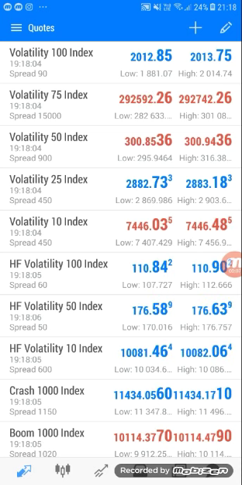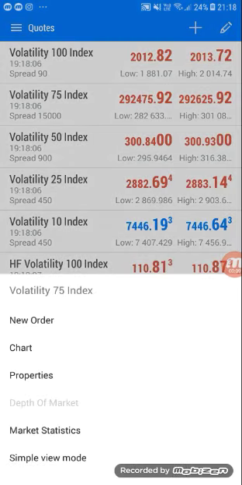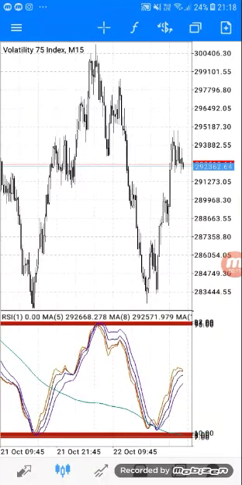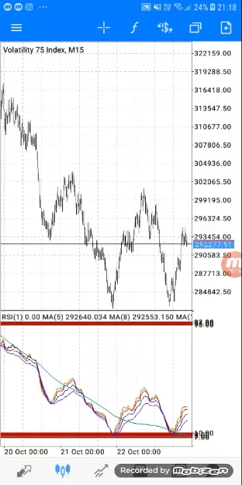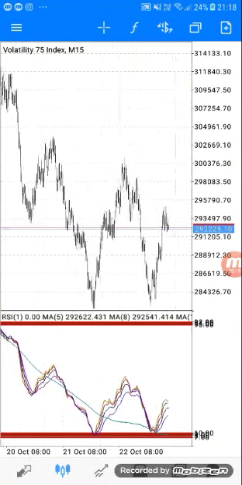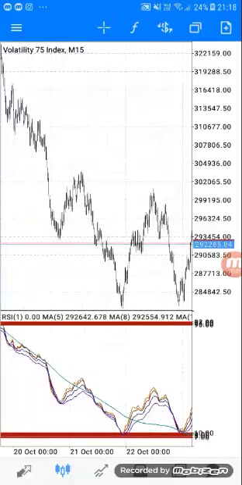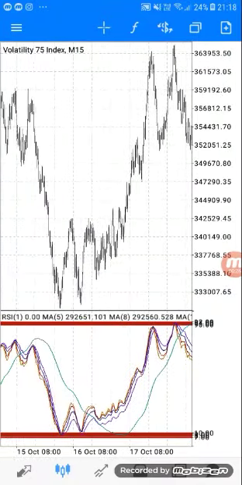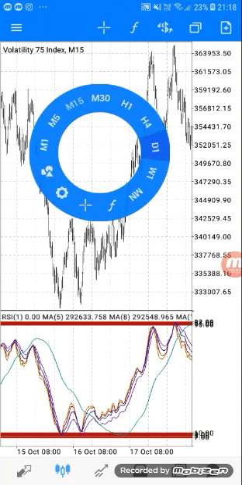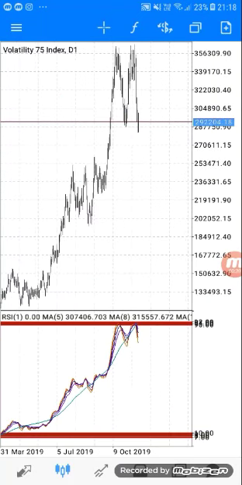I just wanted to come to this side of the volatility so that I can teach people how to trade the volatility index. Okay, the volatility index, like other pairs, moves with M and W, but on this one it's very different because some M and some W fail. So what is it that you gotta do? The best way to trade it is to switch to